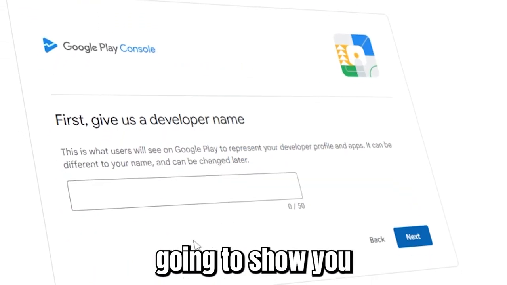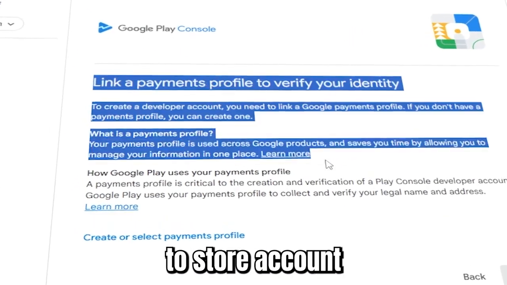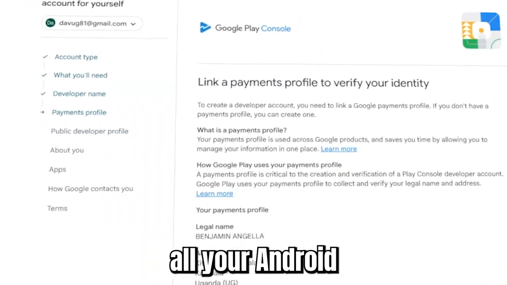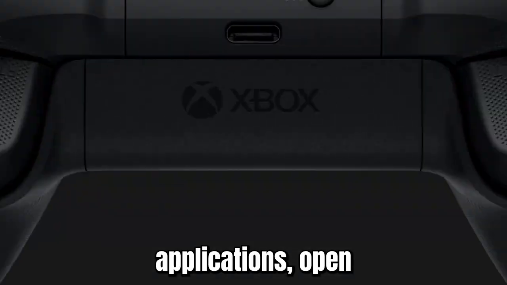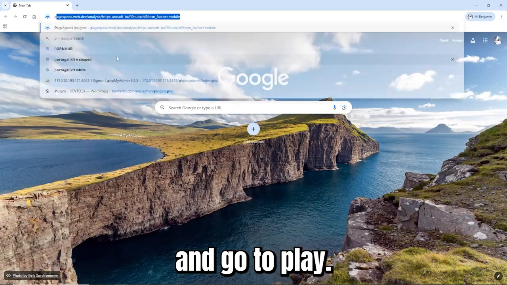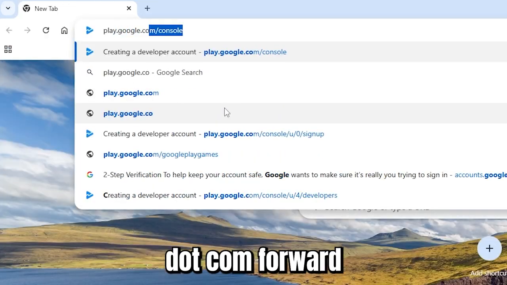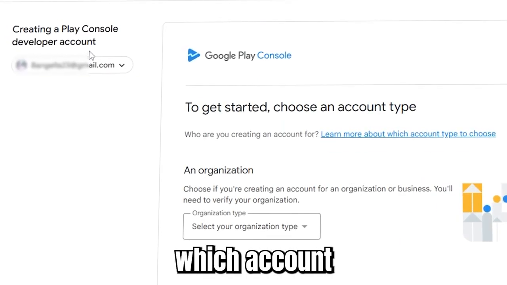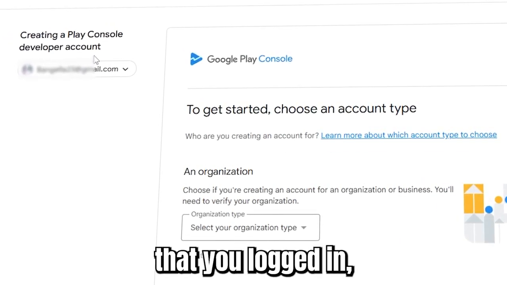Hi, in this video, I'm going to show you how to create a Play Store console account where you're able to drop or upload all your Android applications. Open your browser and go to play.google.com/console. This will come by default, which account or Google or Gmail account that you're logged in, but you have